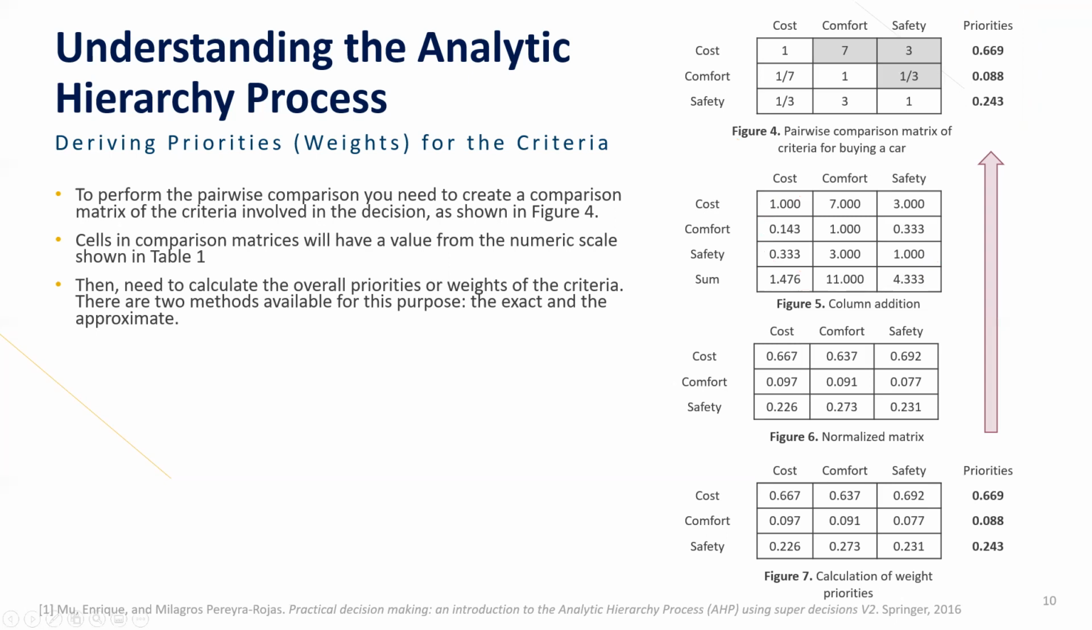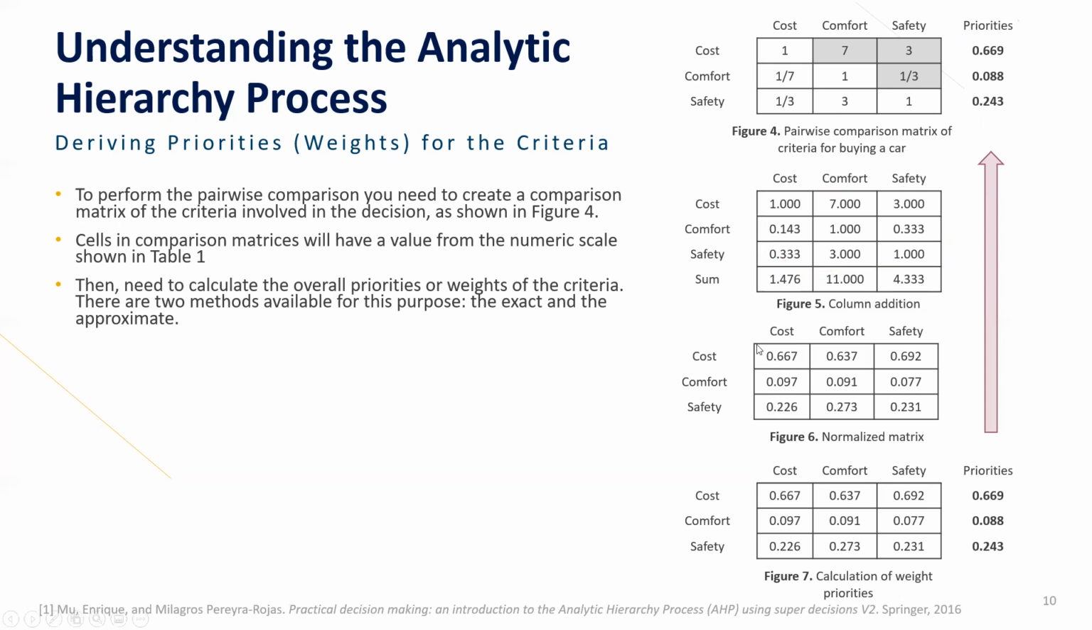So why do we need to do this? Because this is the step to calculate the priority. First sum all the columns, and then you need to normalize this table by dividing all the cells in a particular column by the sum of its column. For example,